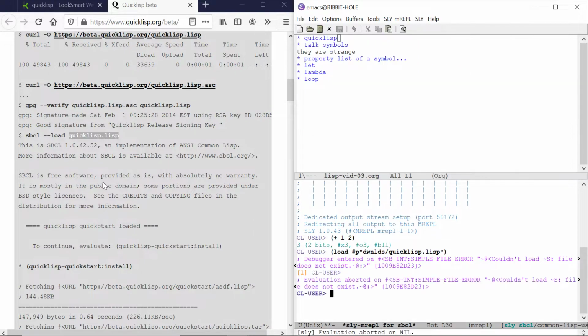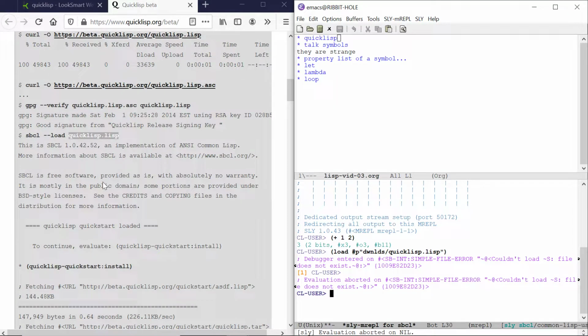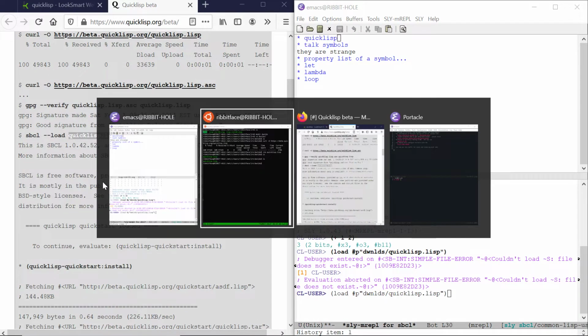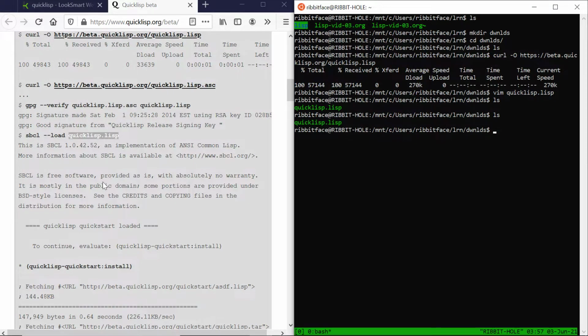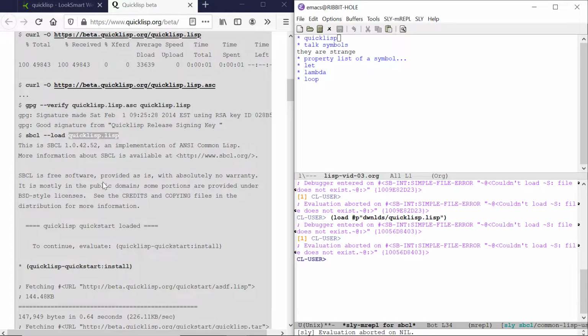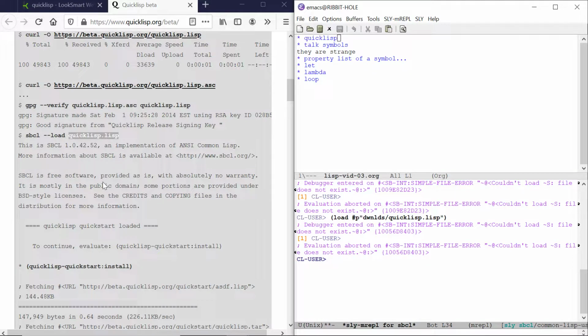It doesn't exist. Does it not? Did I not curl it? Is that why? Quicklisp.lisp. Did I name it something else? Let's just see. Alright, let me open it then. So there is one there. That was weird. Oh, that's what I was trying to say earlier. Let me just get out of here to see. This is what I was trying to show earlier. When I hit this and hit cd, it's where I want to be. But if I hit the comma and hit cd,